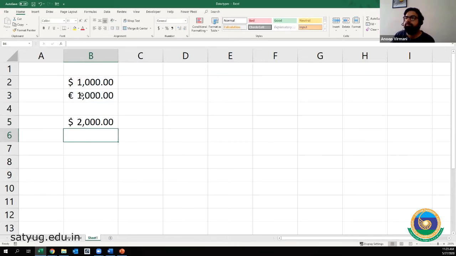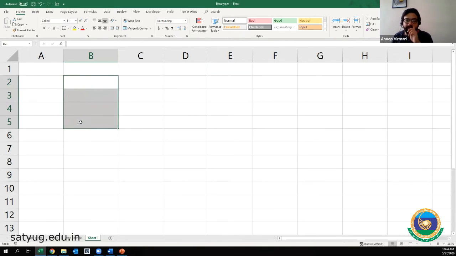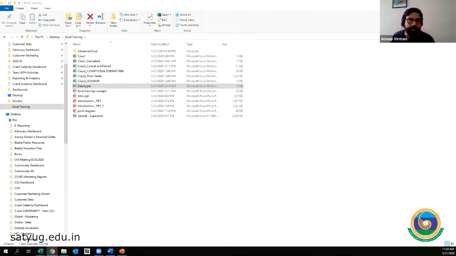Let's see again. So for Excel, it will default some of the currency values, like English dollar is a default value it is going to take. This is a very amazing question that was asked. For that only I was searching for a Microsoft Office document.